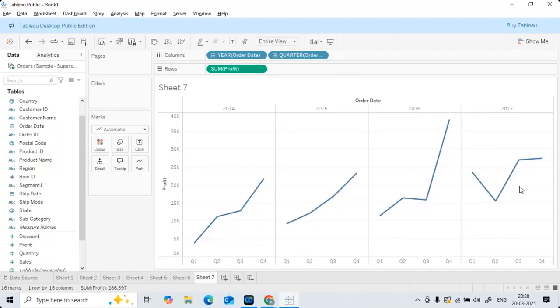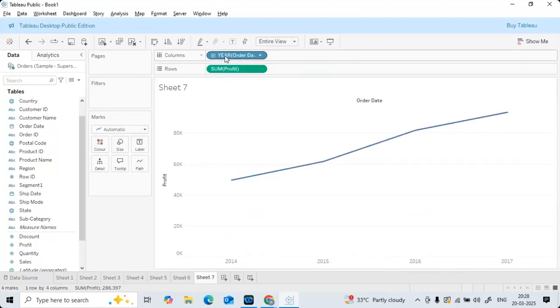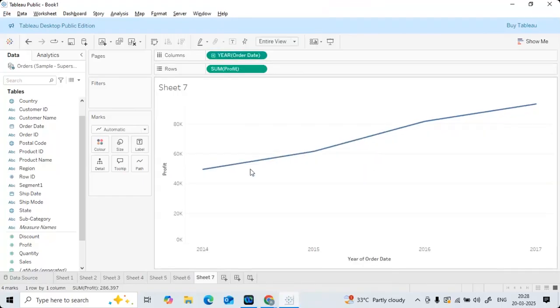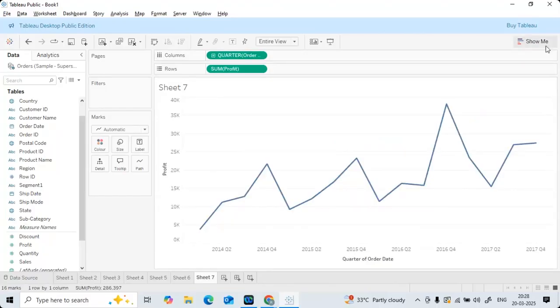Now I'll showcase one more variation. Let me explain the difference. I'm right clicking on it. Instead of selecting this, I'll select this. Now I'm clicking on plus. What's happening? Anyone let me know? You are getting a continuous curve now.